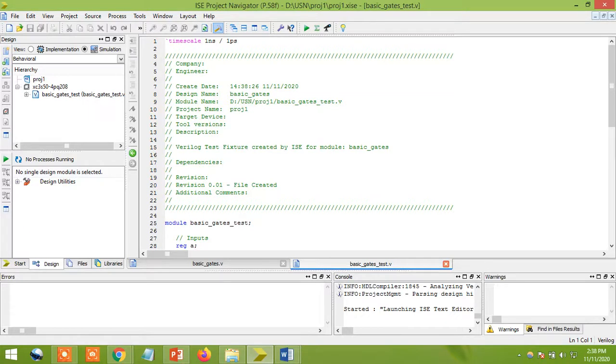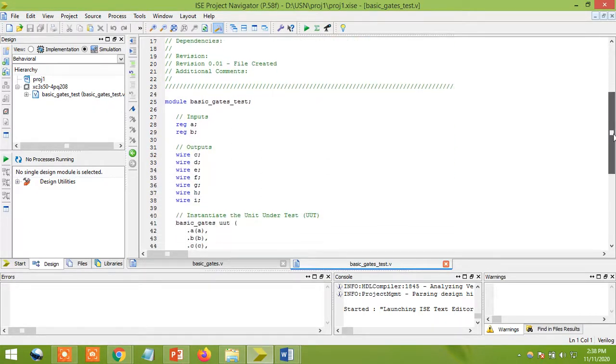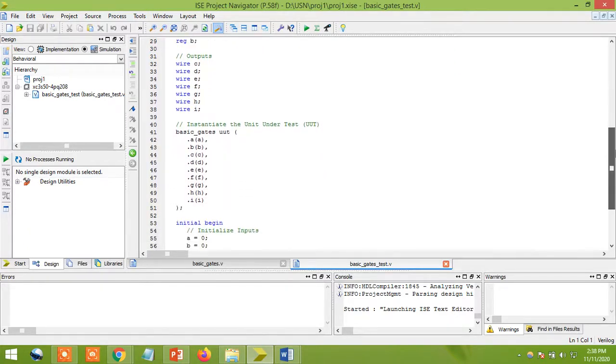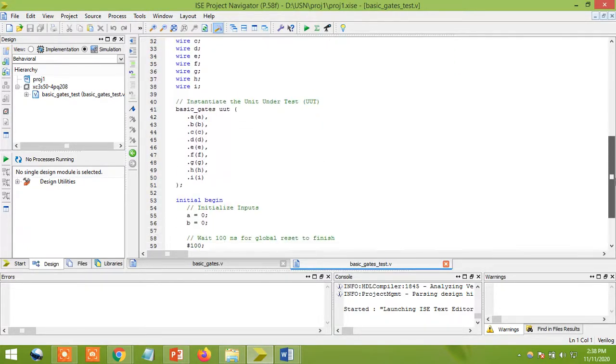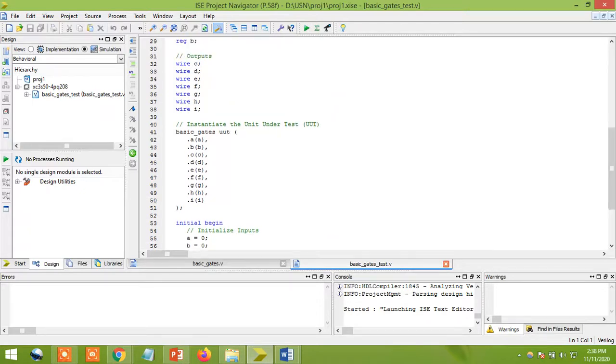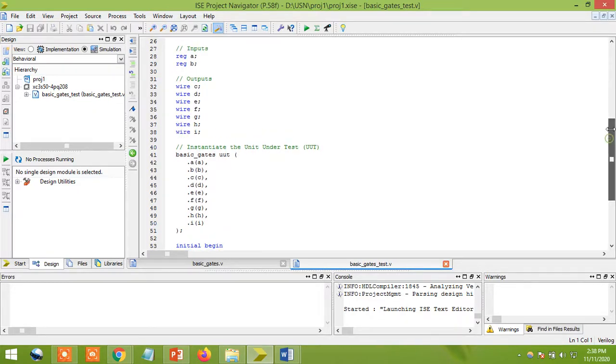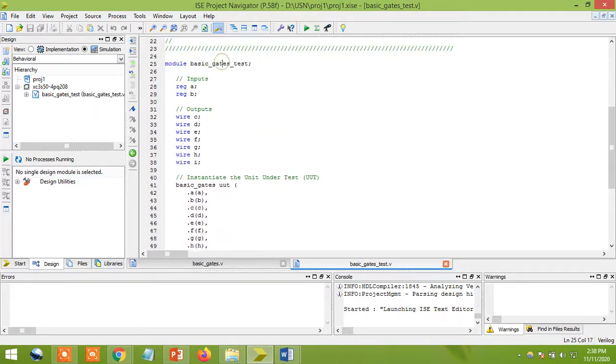Okay, once you finish, see that this test bench program is automatically generated by Xilinx. Now, in the simulator, what you need to do is look at the port mapping, where the inputs are defined. You can see the names I've given, and the lines. Carefully, you can see the basic gates and test. Inputs are registers: A and B are input registers, outputs are wires.